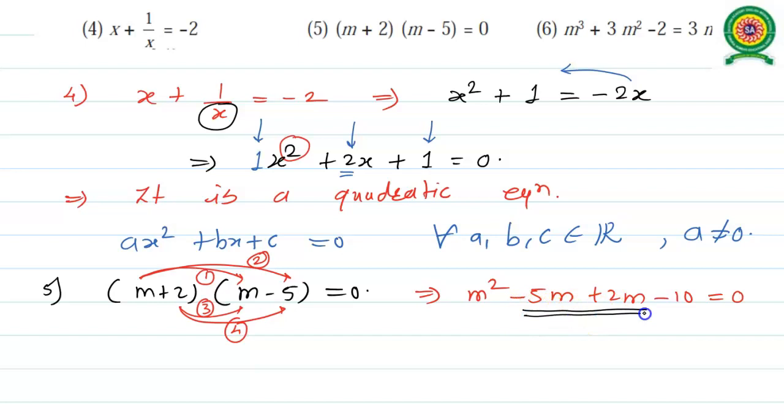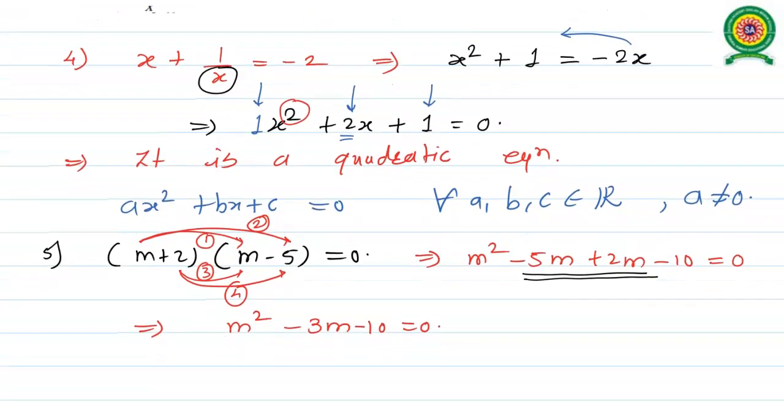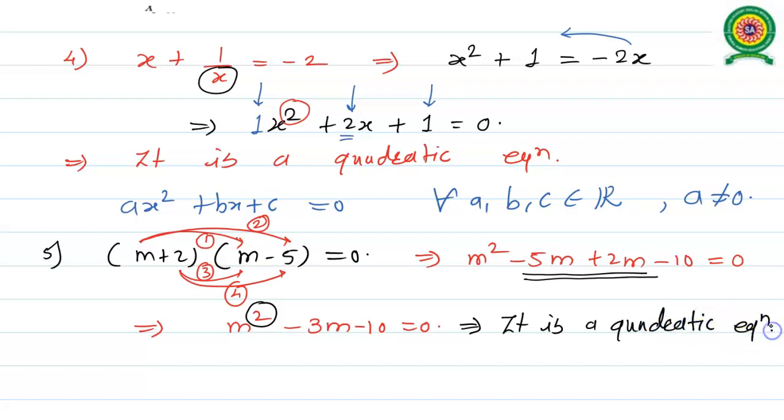So let us now simplify the given equation. We have minus 5m and 2m as like terms, they are easily added and give us the equation m square minus 3m minus 10 equals 0. Now look at the highest degree of the variable. In the given equation the variable is m. So the highest degree of the variable m is 2, so we can write it is a quadratic equation in m. Once you compare it with ax square plus bx plus c equals 0,